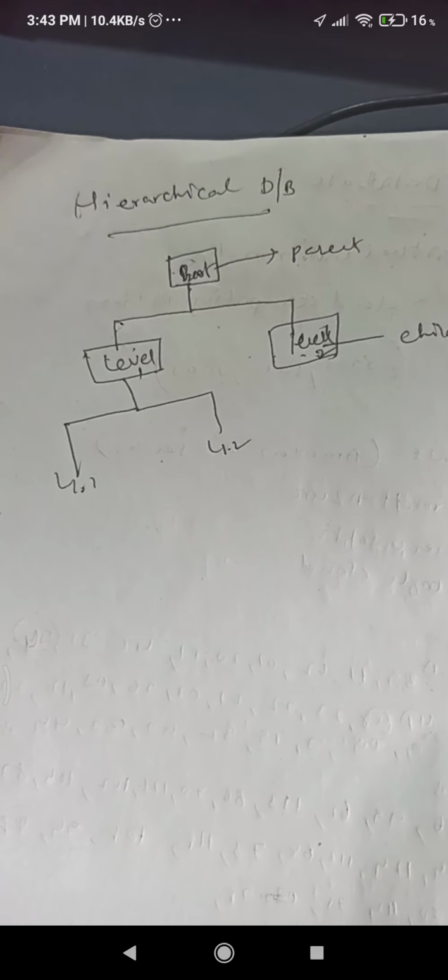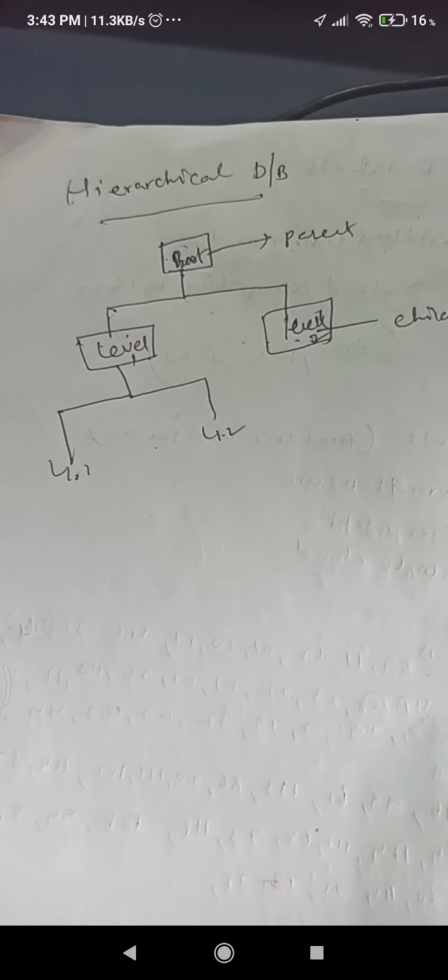On my screen it is showing, it is clearly shown on my screen.